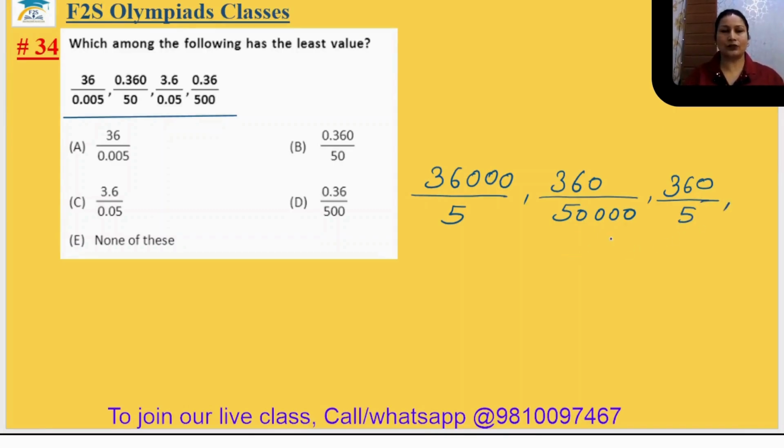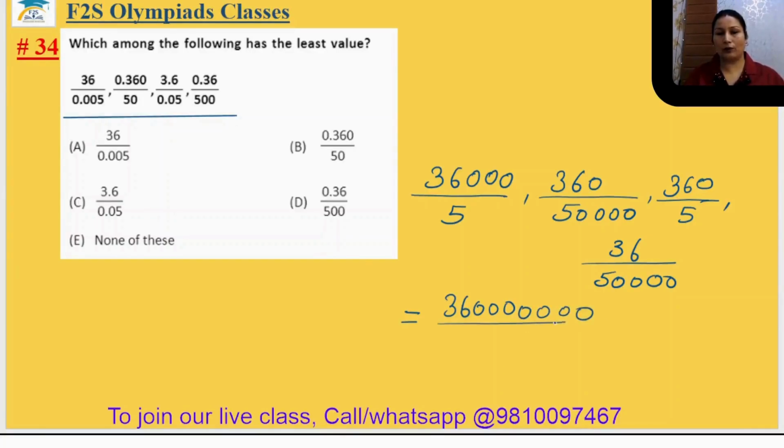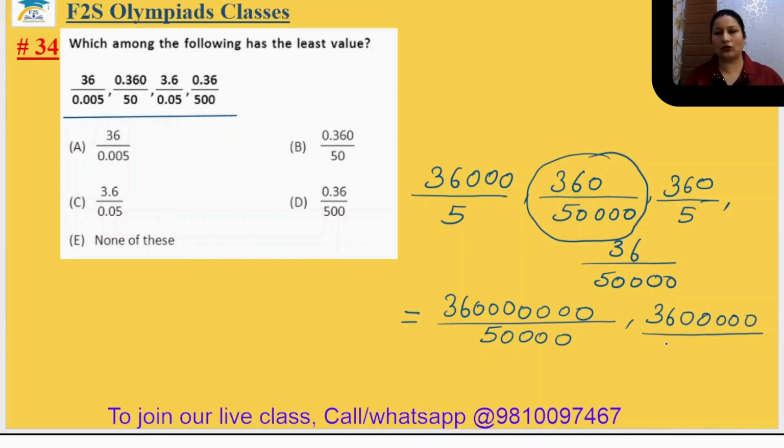Okay. Next is your 36 divided by 500 and 2 zeros. So take the LCM of these. So the LCM of these will be 50,000 only. So for making 50,000, we have to write 36000 and there will be 4 more 0s. 1, 2, 3, 4, upon 50000. Okay. Now it will remain the same. So I'm not going to write it, but it will change. So 360 and we have to put 4 more 0s here to make the fraction equivalent.